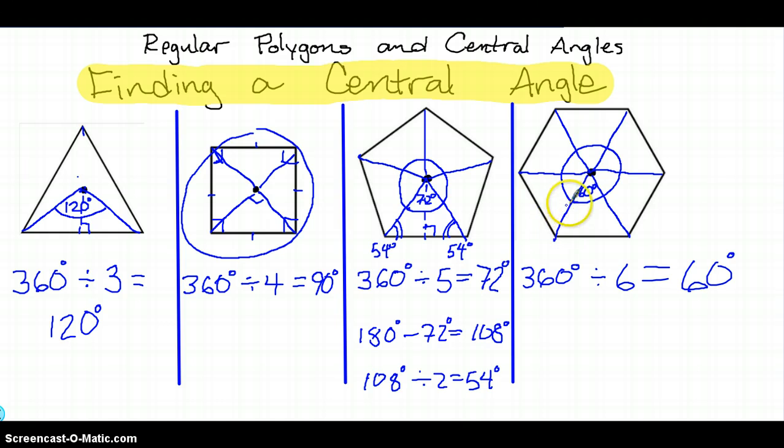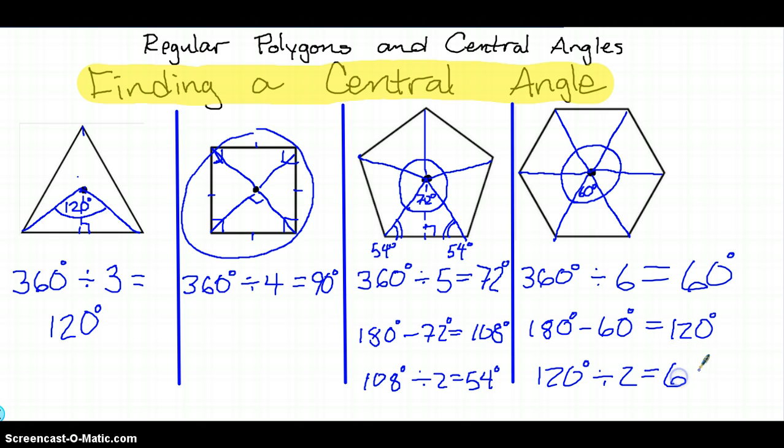So if you do 180 minus 60, you see that's 120. Don't forget our degree symbols, 120 degrees. And then because I have 2 of them, I'm going to take 120 degrees, divide it by 2, and we'll get 60 degrees. Interesting. That's given us 60 degrees here, and 60 degrees here, and this is 60 degrees here. So we have a very special kind of triangle that we talked about yesterday,